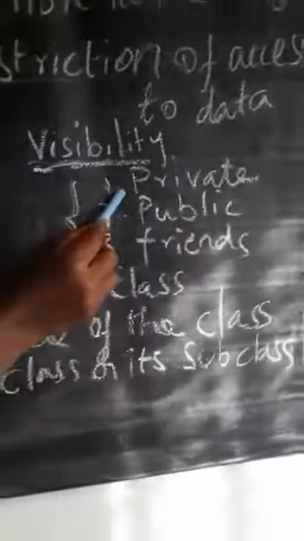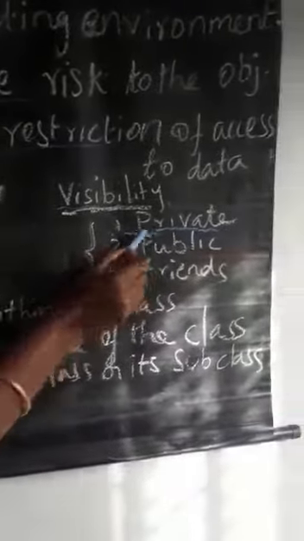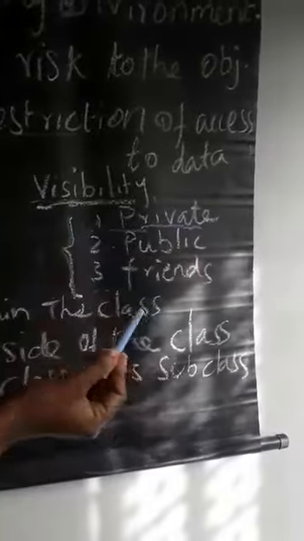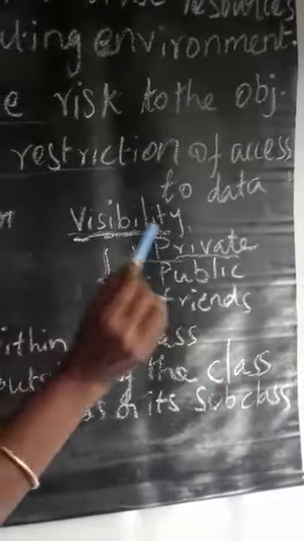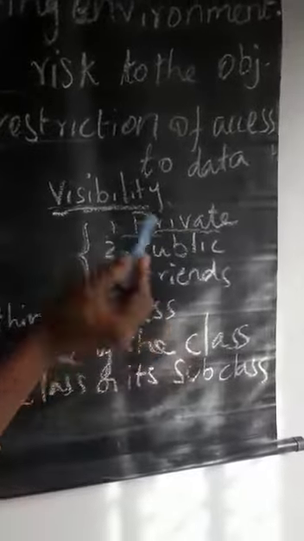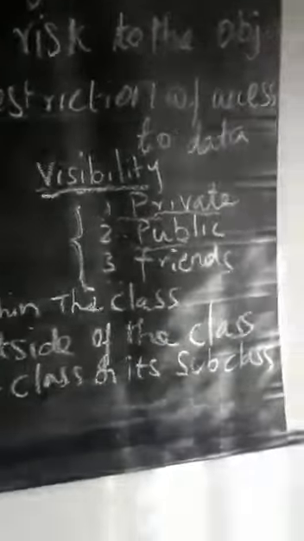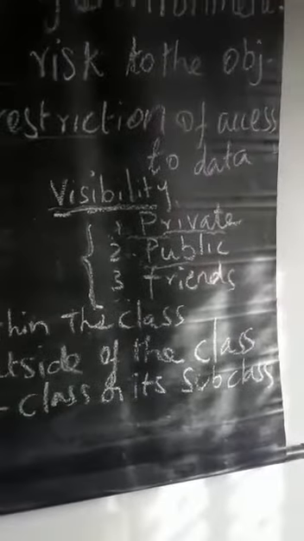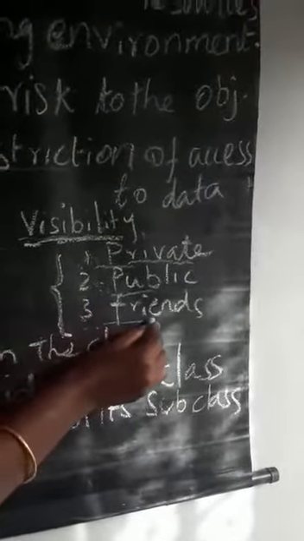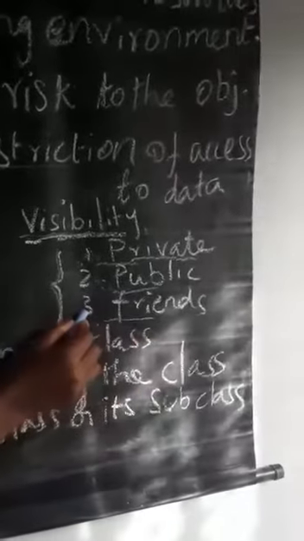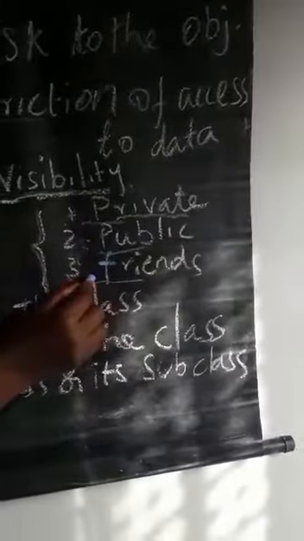First, private visibility mode. If you set private mode, others cannot see your photo; only you can see it. Another mode, public mode: all of them can see your photo. In friends mode, only your friends can see your photo. So you can set any one of the 3: private, public or friends.